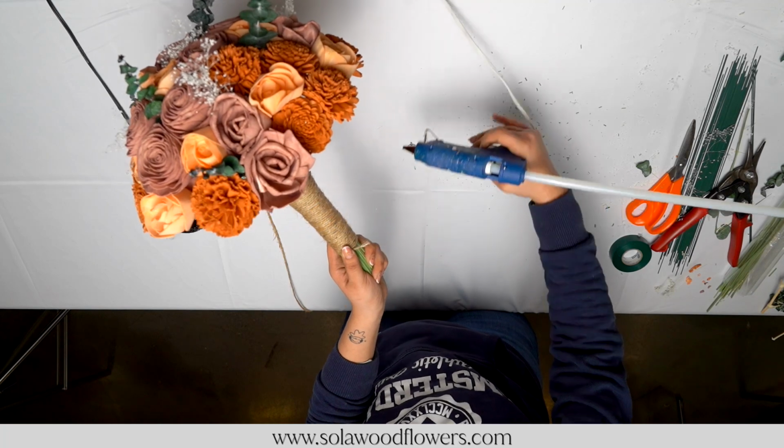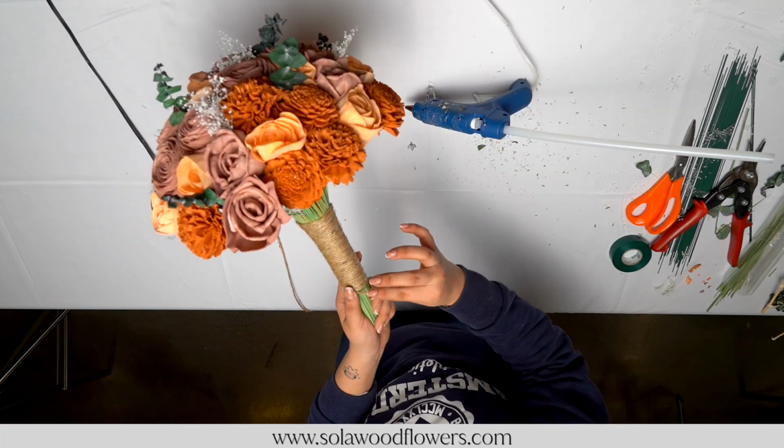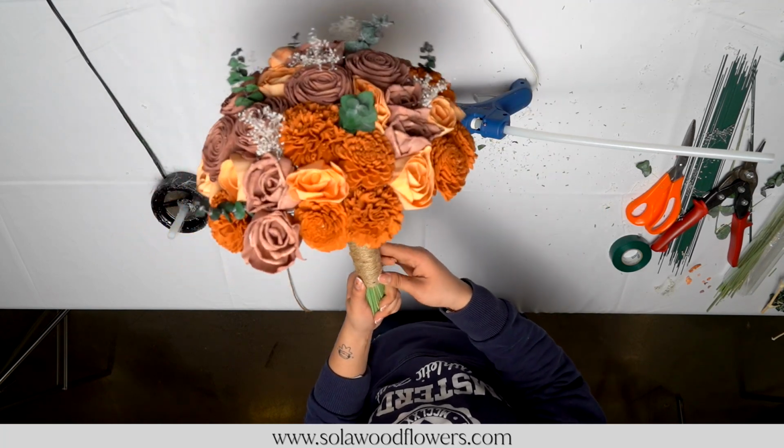But okay, so now that I've got that all wrapped, I'm going to glue the tail end of my twine down same way. I'm just going to take a little bit of glue